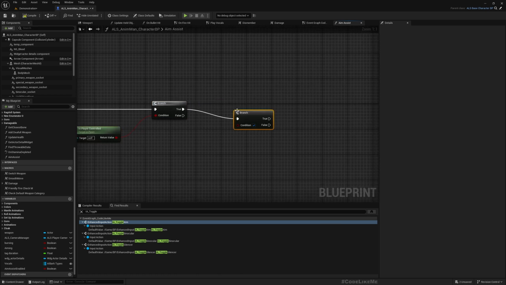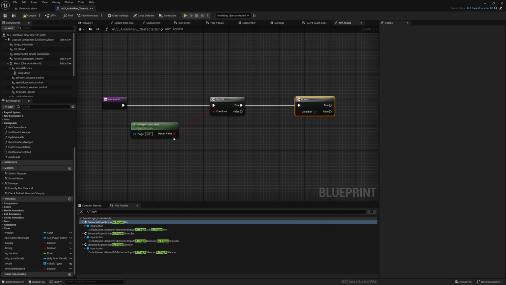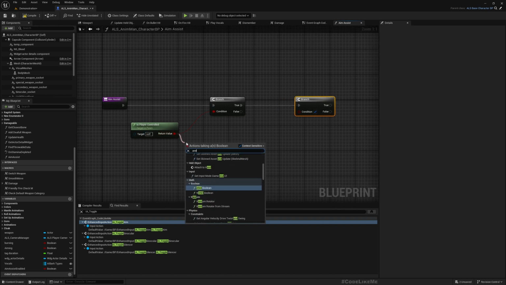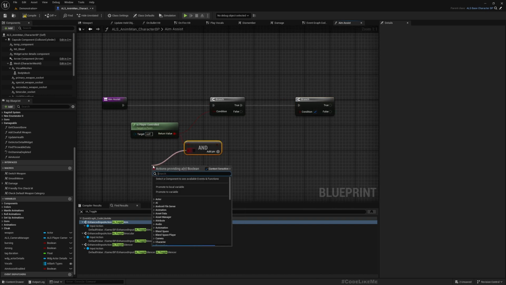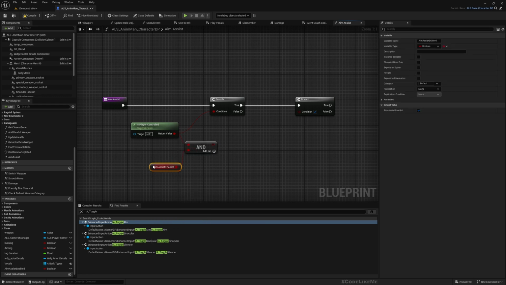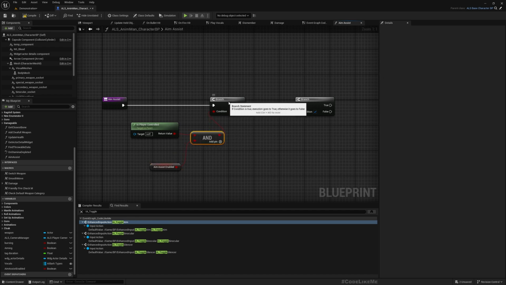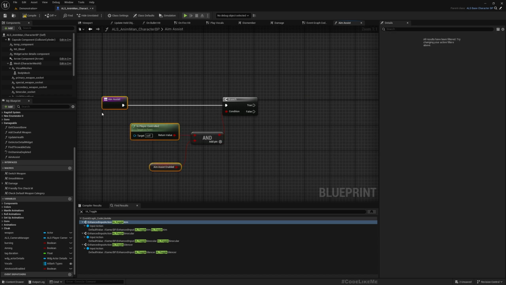Right, now here another branch. Oh, I could do an AND as well. Yeah, aim assist enabled, so we don't need another branch. Okay, and then